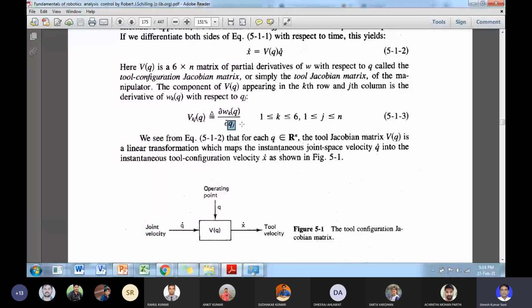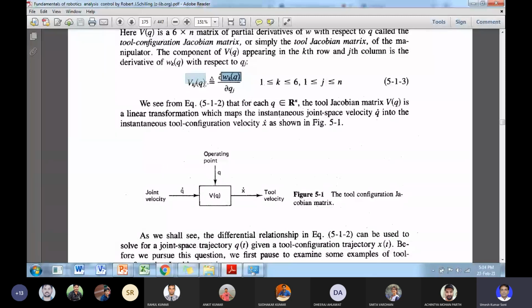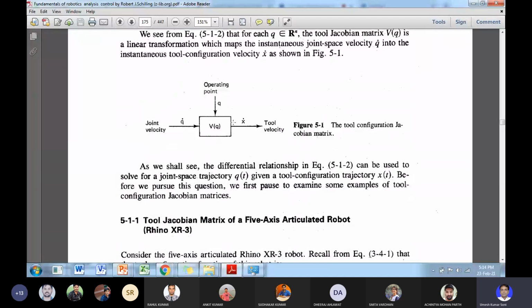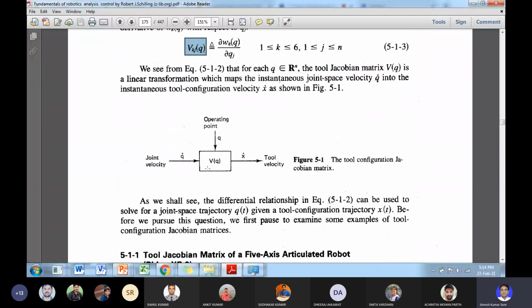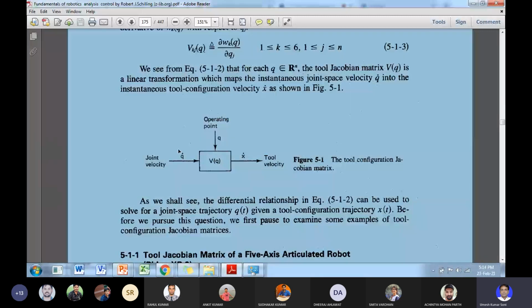Once we determine the tool configuration vector, we can determine the tool configuration Jacobian matrix. This is the representation: tool velocity x dot is given by the joint velocity, that is q dot, multiplied by